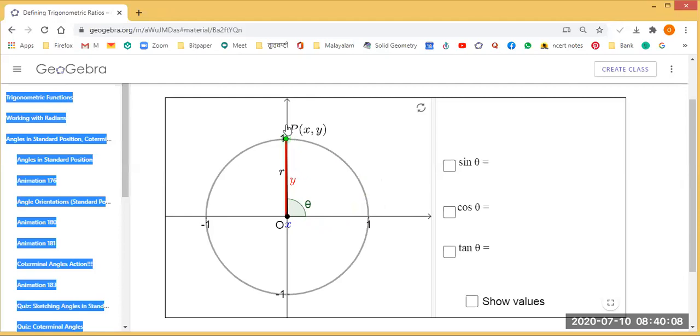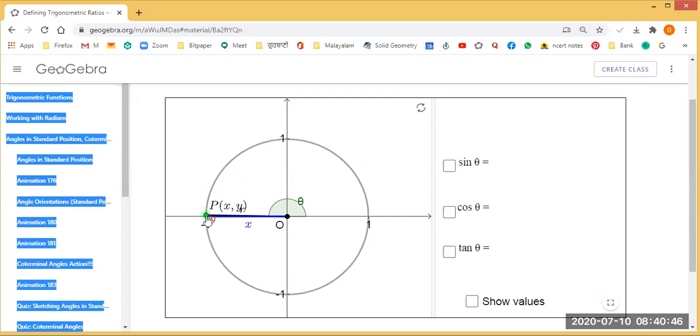So guys, interesting thing. Let's talk about the value of sine theta when theta is 0. When theta is 0, there's no perpendicular. So sine theta is 0. Similarly, students, when theta increases beyond 90 degree and becomes 180, interesting thing, again the perpendicular vanishes. So sine of 180 or sine of pi will also be 0.